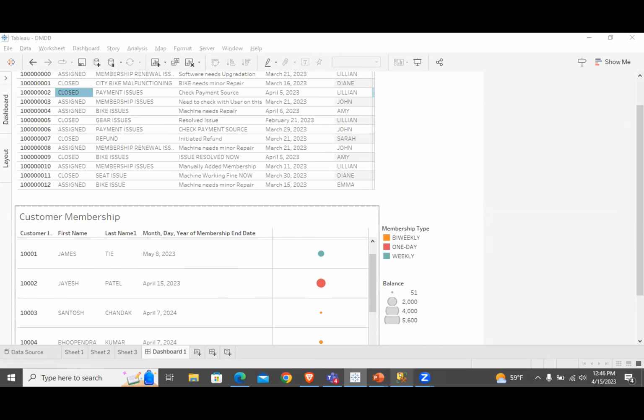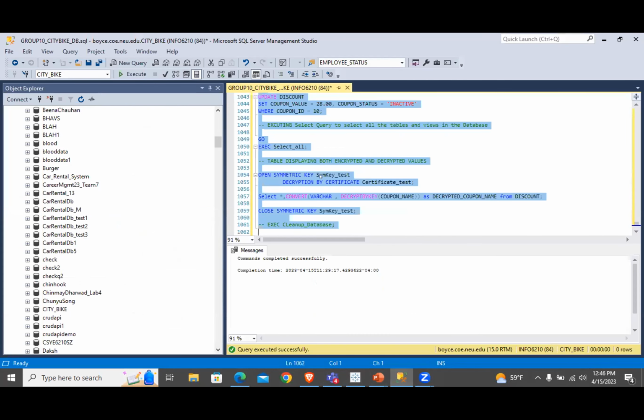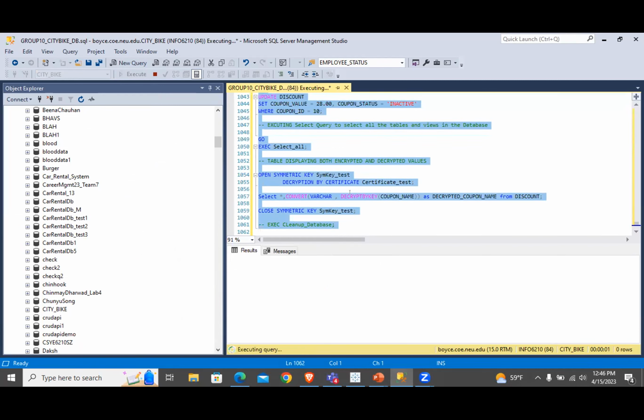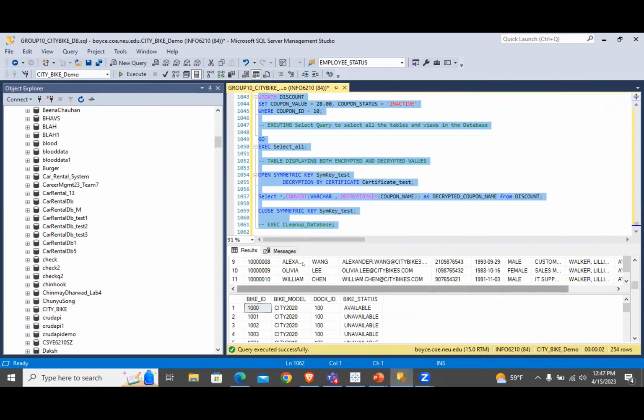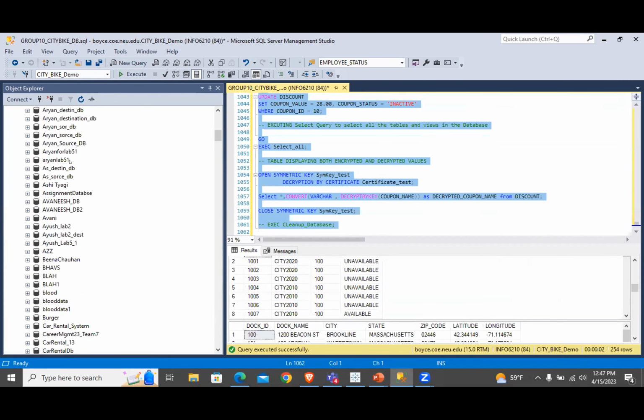Now a quick demo about our database. The key feature is that we can execute all the commands with a single click. So we have followed all the company structures and everything. So this is everything executed at once. We have created stored procedures, functions and everything at once. I'll just refresh and show the